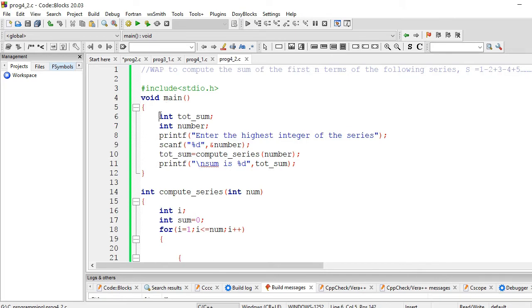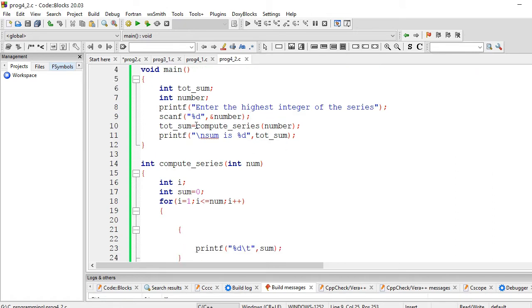At first we have declared a sum variable and a number. This number is the highest integer of the series, that is the nth term. So the nth term is this int number. I have scanned this number first, inputted the nth term.